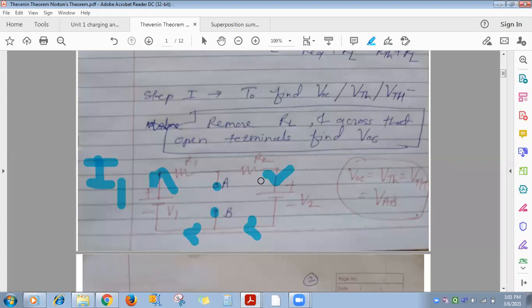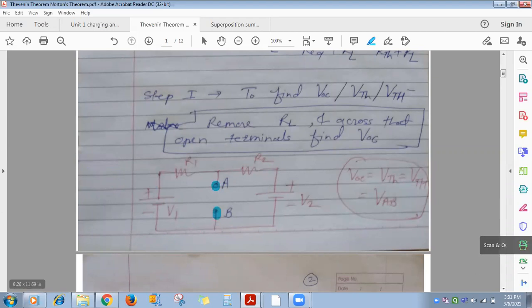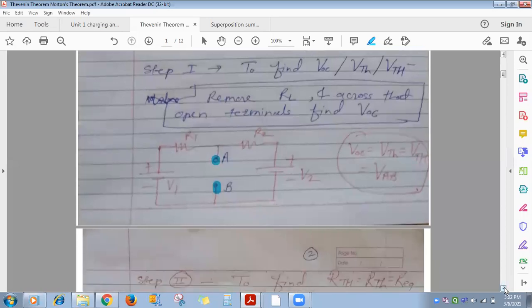Then you have to find out the open circuit voltage. What this theorem states: remove the load resistance and across these two open terminals, find the voltage, and that is Thevenin's equivalent voltage. How to find it, I will explain. Kirchhoff's law you have to use here. Clear? Not compulsory, any method you can use, but in almost all numericals, only if you apply Kirchhoff's do you get the answer. Kirchhoff's is better to apply here, any other method you can use later on.